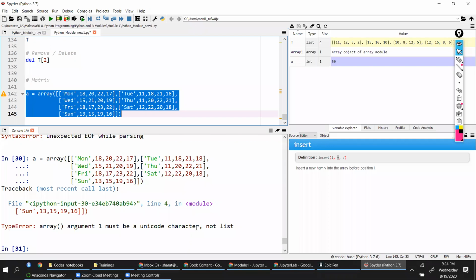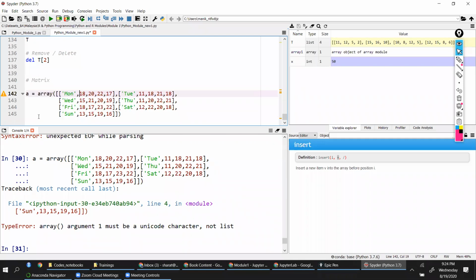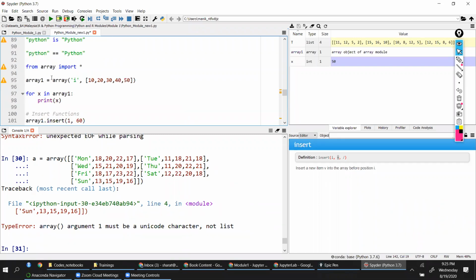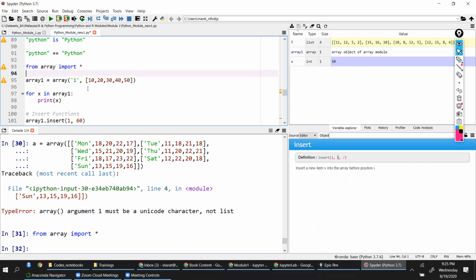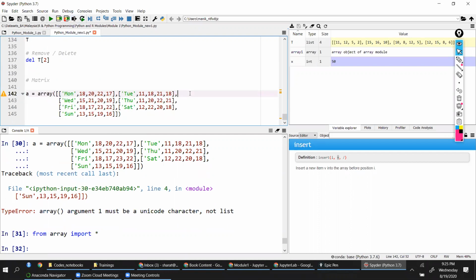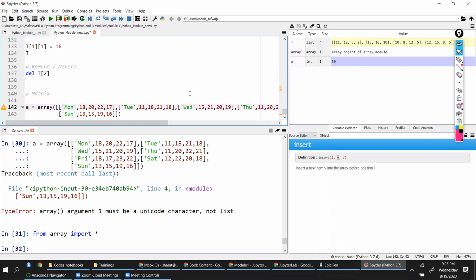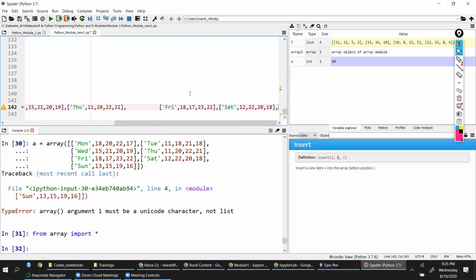There is some special character somewhere. See, this is the indentation problem.